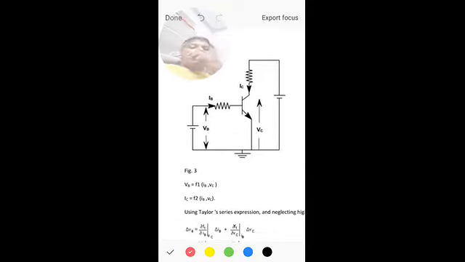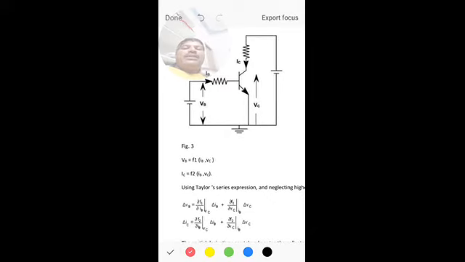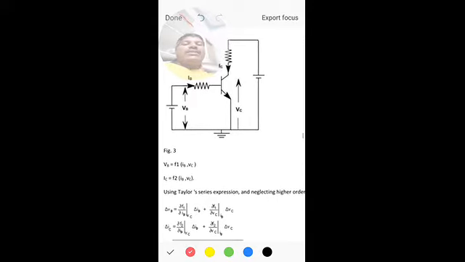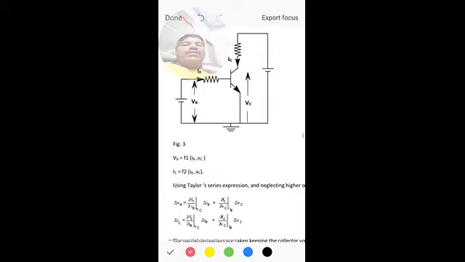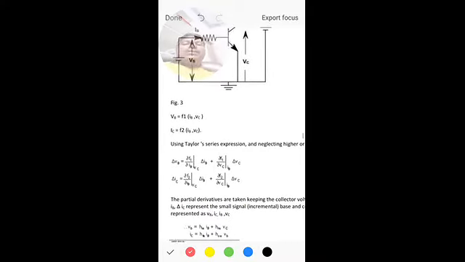For CC configuration, the input voltage is VB and the output current is IC. The input voltage VB is a function of IB and VC, and similarly the output current IC is a function of IB and VC. So using the Taylor's series